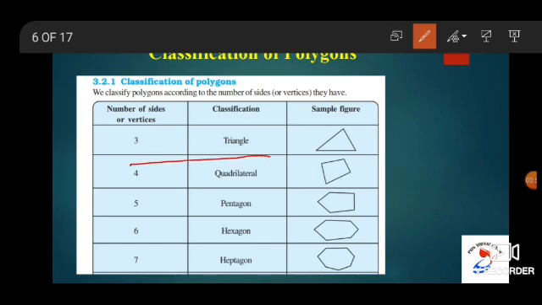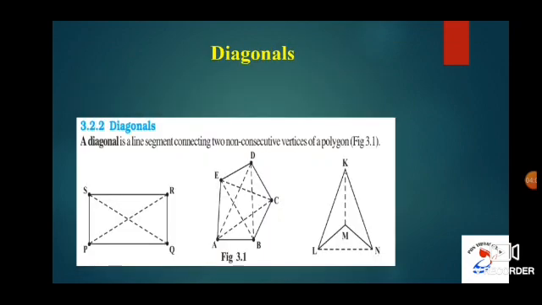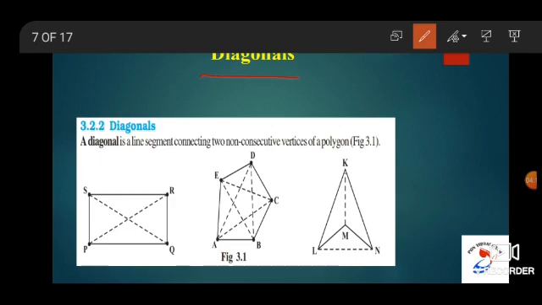So our topic is quadrilateral, that is, a quadrilateral is a figure which has 4 sides. So any 4-sided closed figure is called a quadrilateral. Now we will see what is called a diagonal. We would have come across this word diagonal. Now we will see the exact geometrical definition for the word diagonal. A diagonal is nothing but a line segment. This line segment will connect two non-consecutive vertices of a polygon. So a diagonal is a line segment connecting two non-consecutive vertices of a polygon.